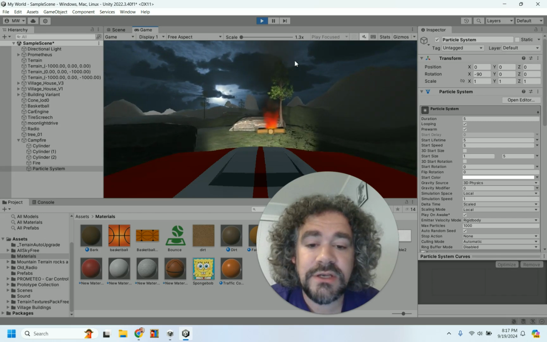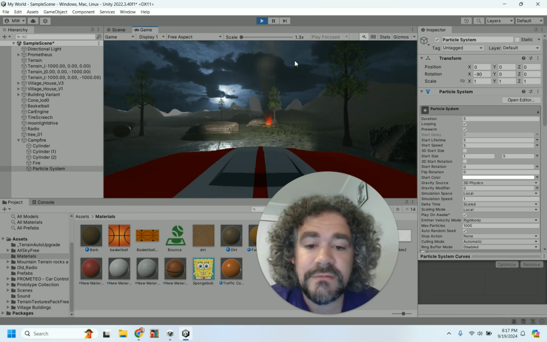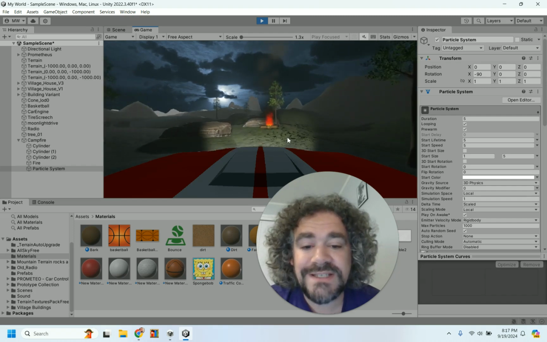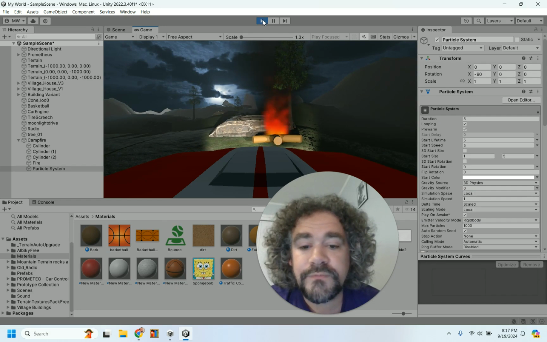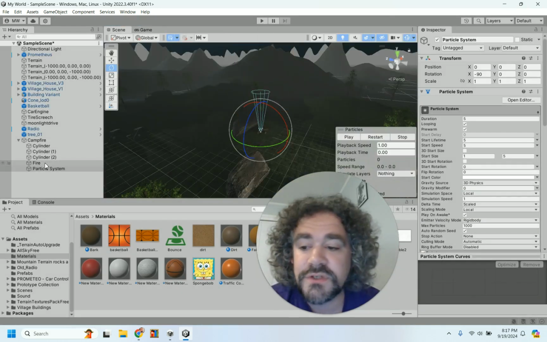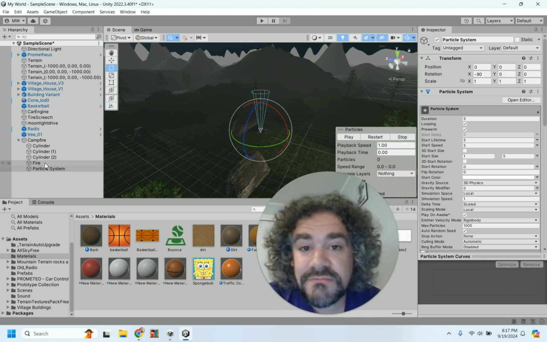Pretty good. Awesome. I like it. I don't know about you guys, but I like it. Okay, so before I say that my campfire is done, this is where I would add a couple more things to it. So I've got a fire, I've got smoke, everything looks great, but with fire normally comes things like